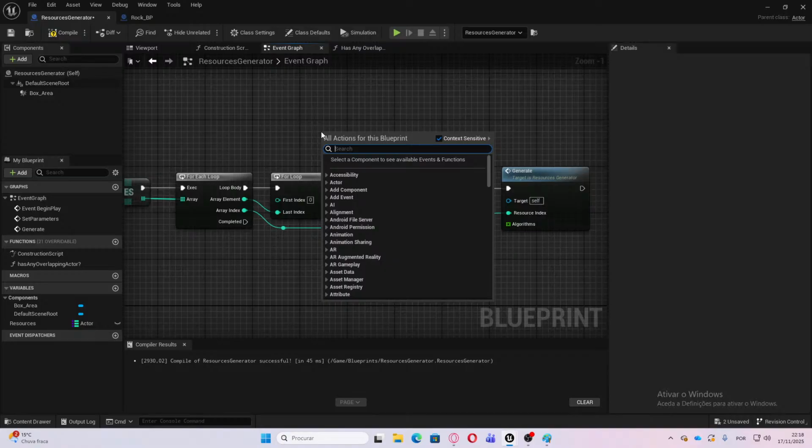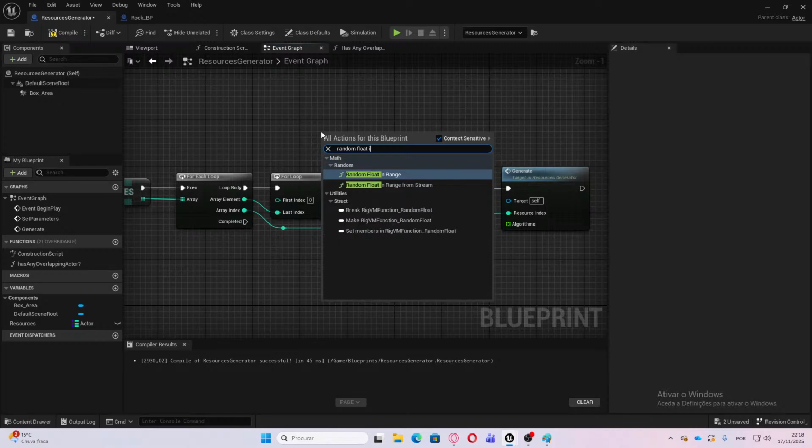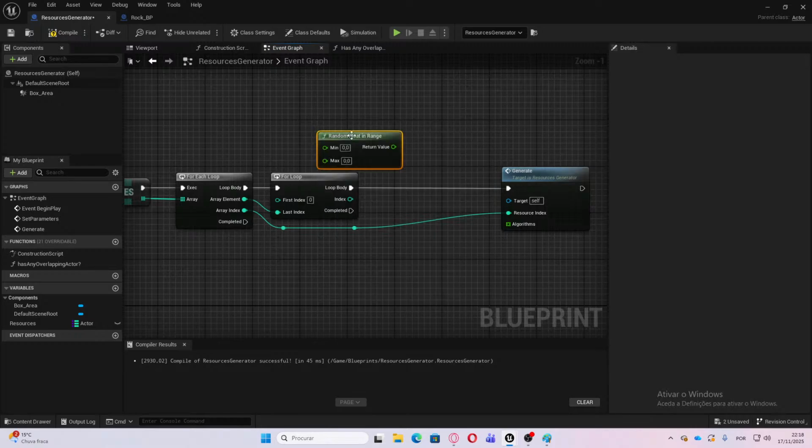Let me just random float in range, and the minimum, they cannot be, this will be a constant value, so